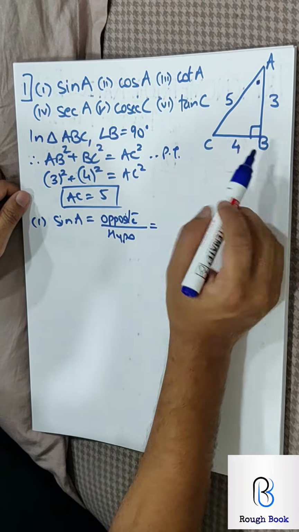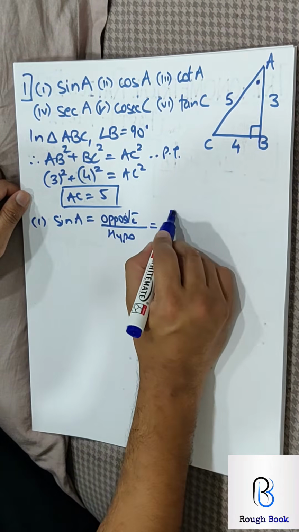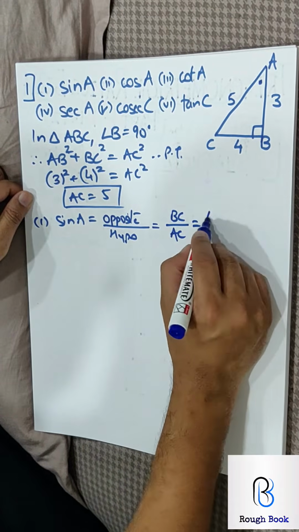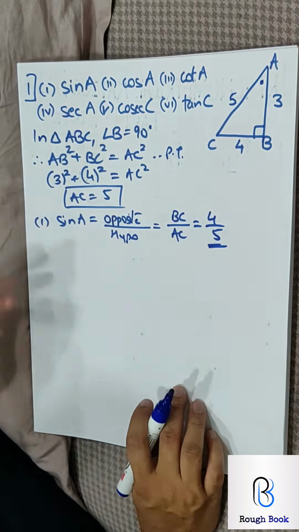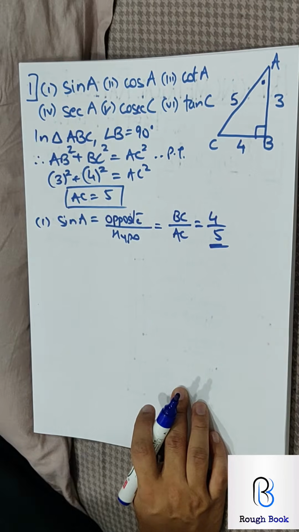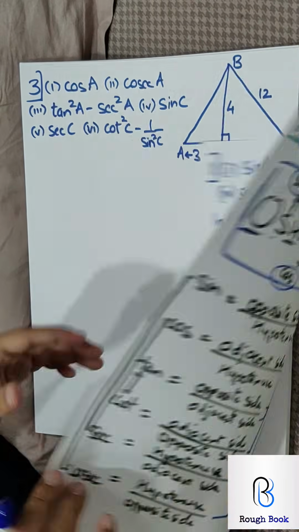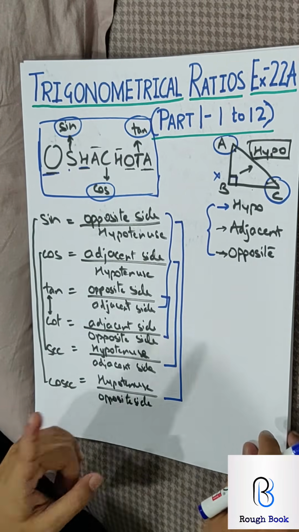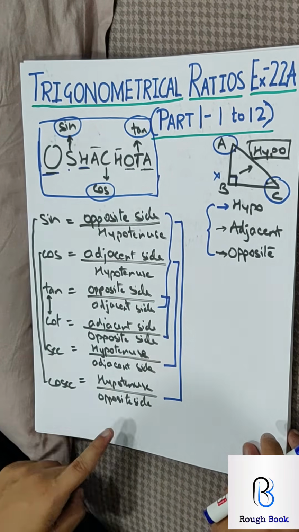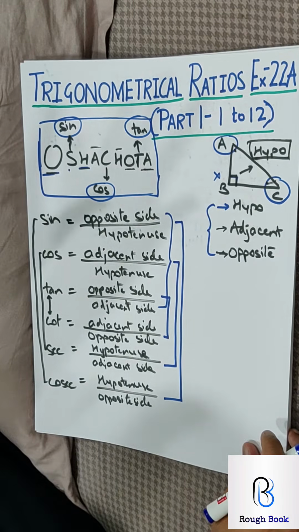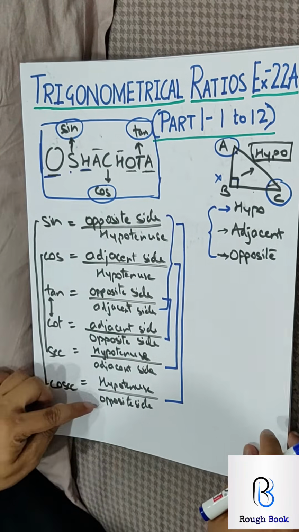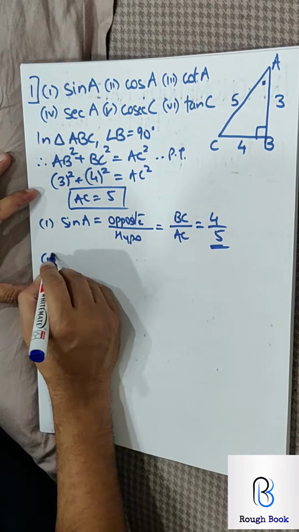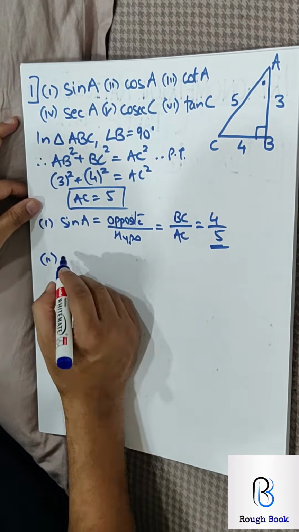So A, just look at A. What is the opposite? Superb, BC. And hypotenuse AC. Now write the values: 4 by 5. What was difficult in this? How simple is that? If you know this much, you are sorted. So please, I am insisting again and again, take a screenshot, put the picture on the softboard, or learn it well and then start. Let's look at the second one. Come on, now pause the video, get me all 6 and then we will tally.